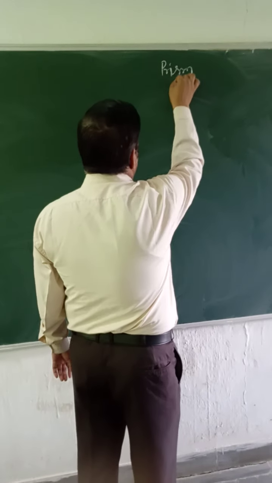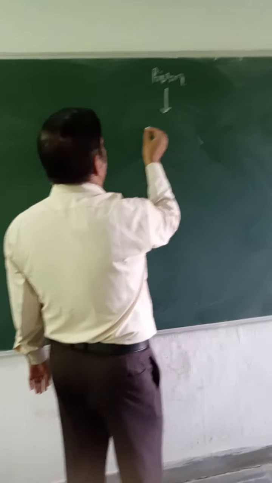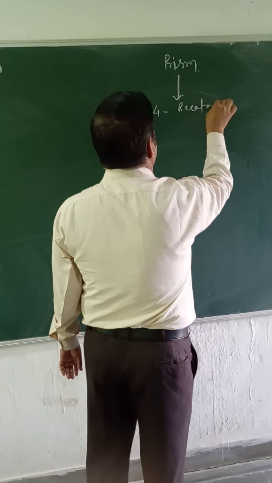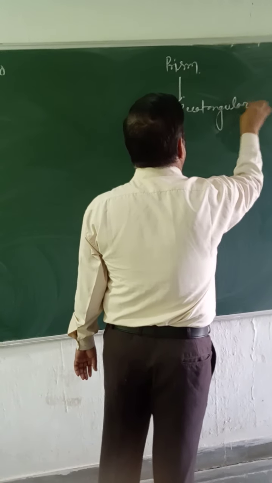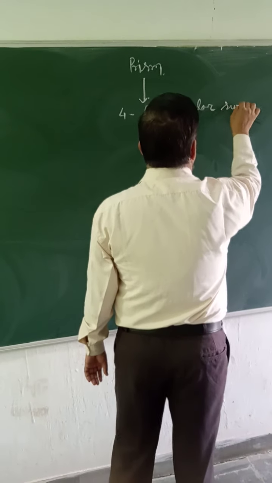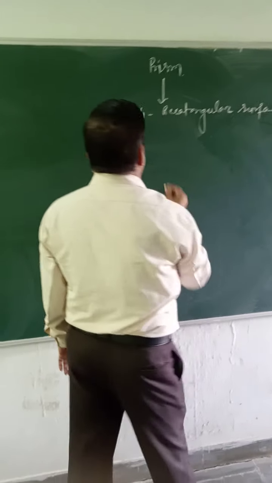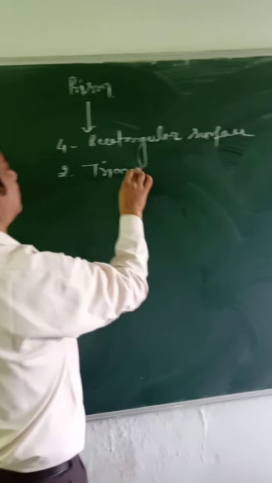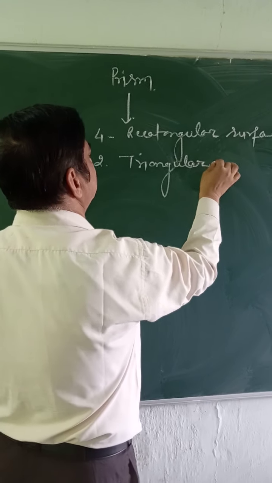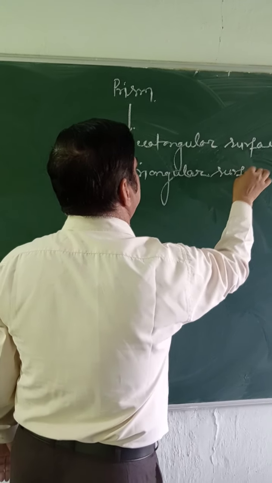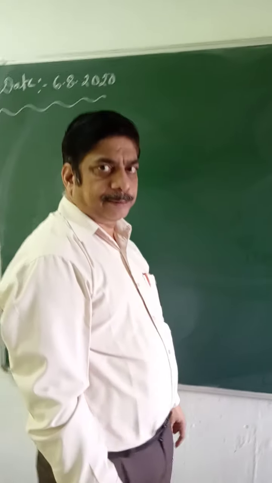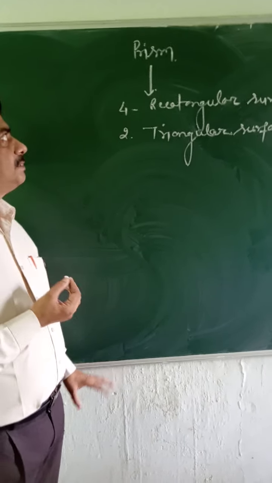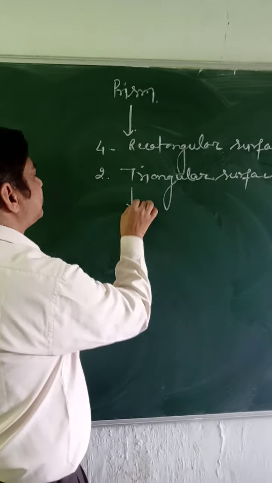And here this prism has four rectangular faces or surfaces and two triangular surfaces. And because it is made up of a transparent medium, that is glass, now we have to discuss